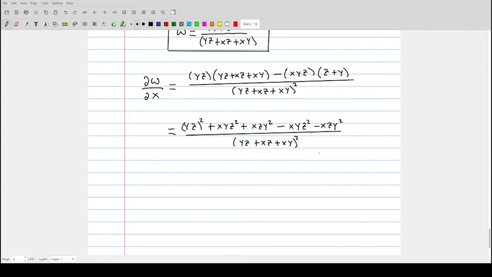And luckily we have some cancellations in the numerator here. This is canceled by this term, and this term is canceled by this term. So what you're left with is the exact value of dw dx,